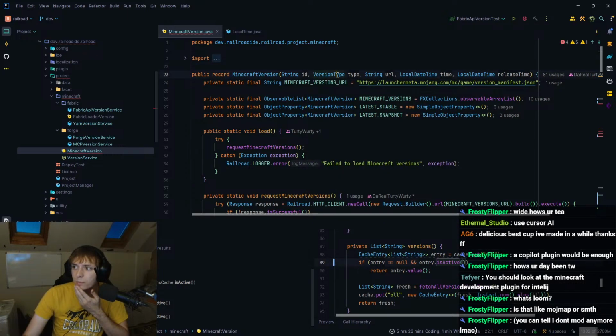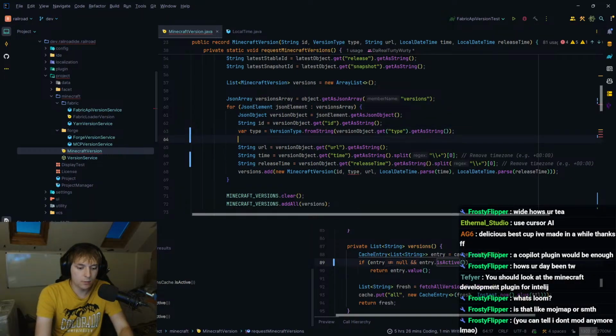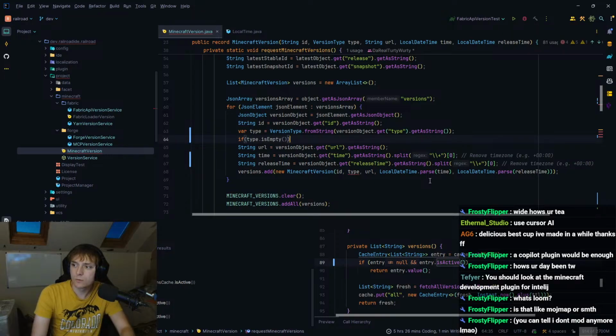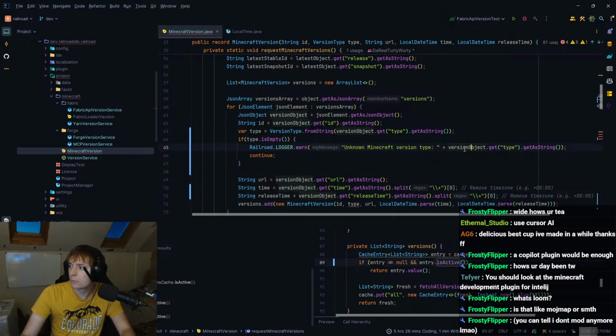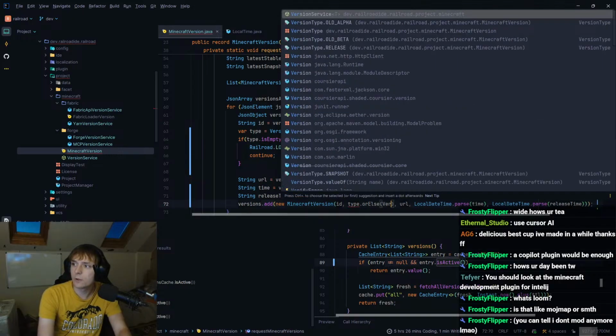I would say probably if the version type is null or just not present, we should probably just skip it. So if it's empty, I'm going to do a warning. And I think that's fine. And then I can just do type orElse VersionType.RELEASE, I guess.